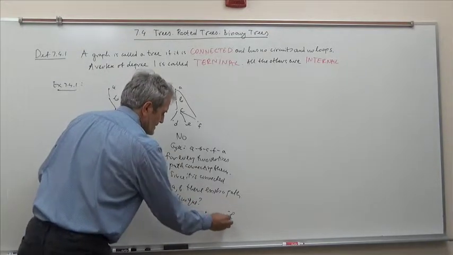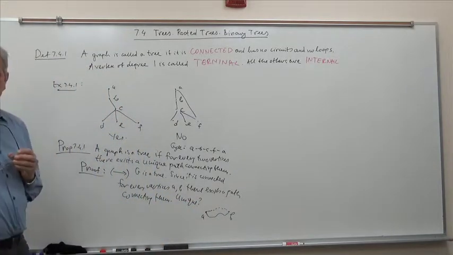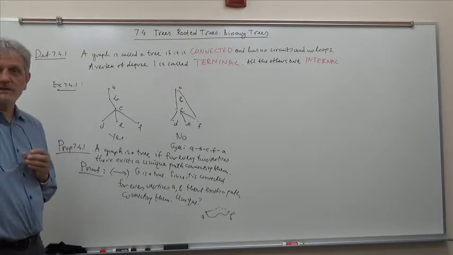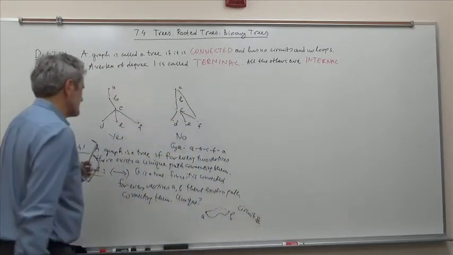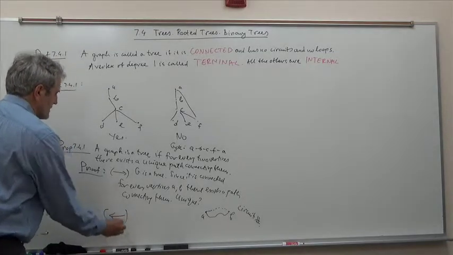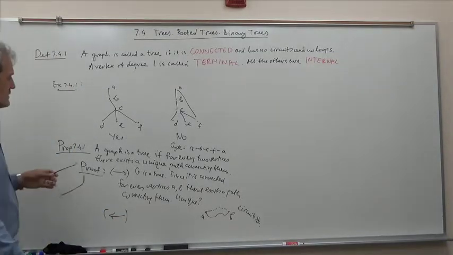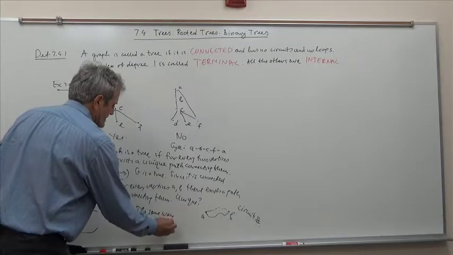Because if from A to B we have one path, and then we have another path, then we can go from A to B along one path and reverse along the other from B to A, and here's a circuit, which would be a contradiction. So two different paths would produce a contradiction, so that assumption is false, and there must be a unique path. The converse direction is the same way; it's basically the same argument.